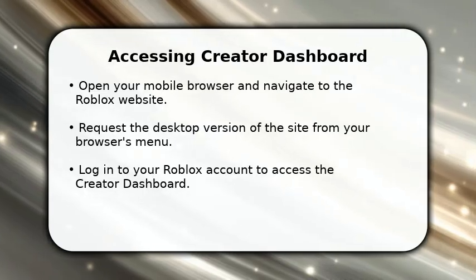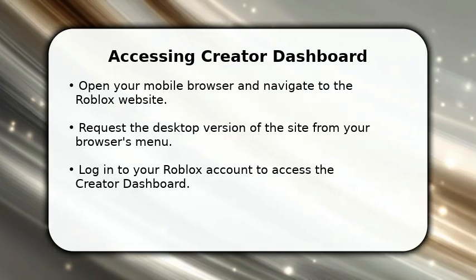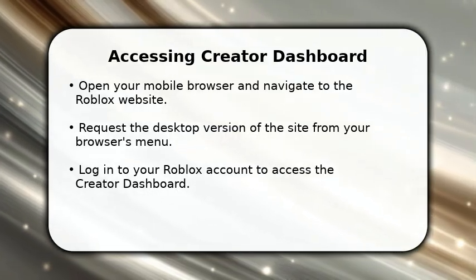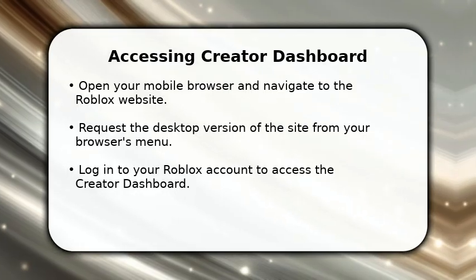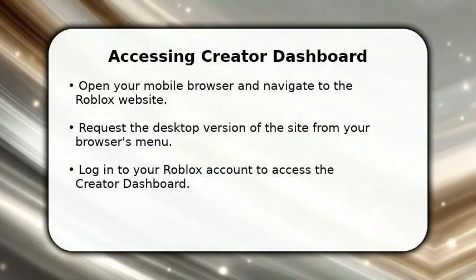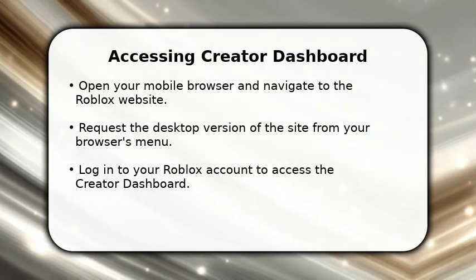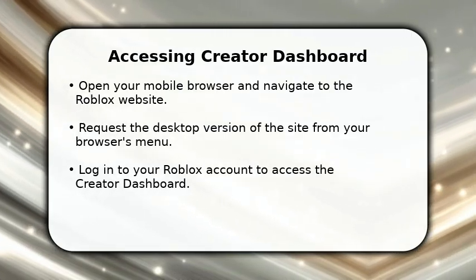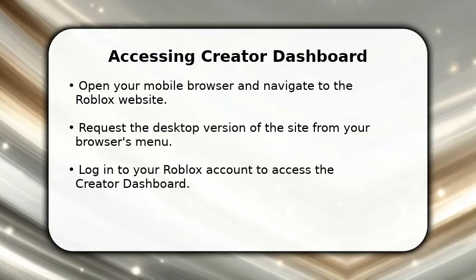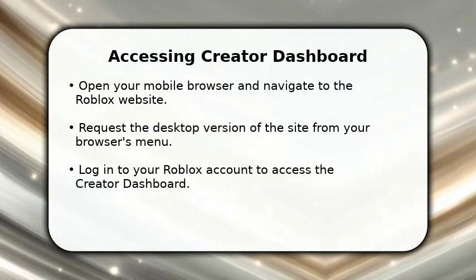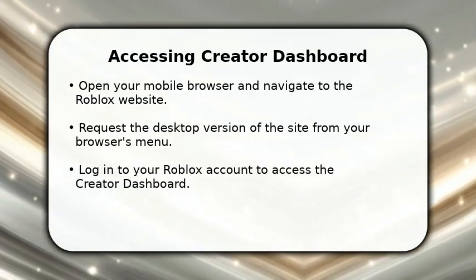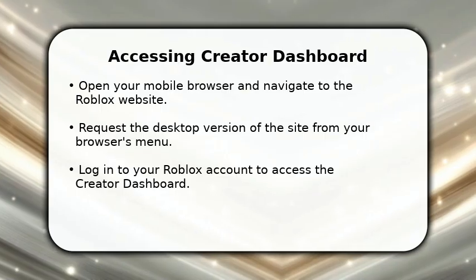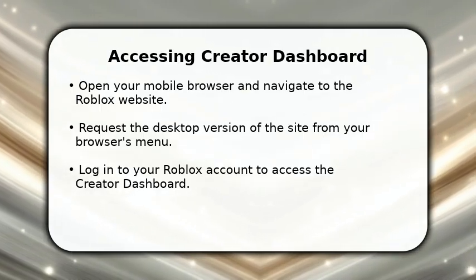In this video, I will explain how to make Roblox passes on mobile. First, open your preferred mobile browser, like Chrome or Safari, and go to the official Roblox website. It's crucial to then request the desktop site through your browser's settings, as the mobile site lacks the necessary creator tools. Once the desktop version loads, simply log into your Roblox account to access your creator dashboard and begin the